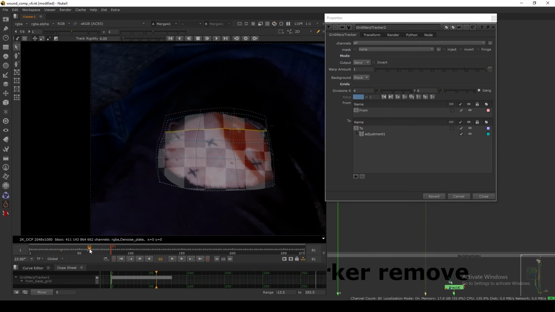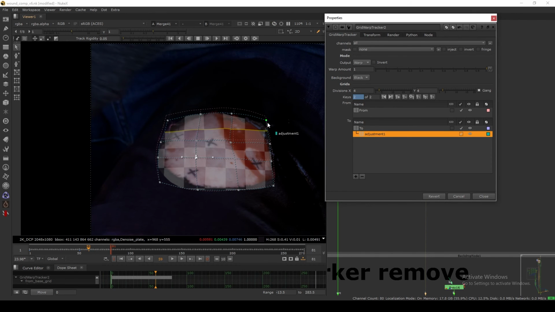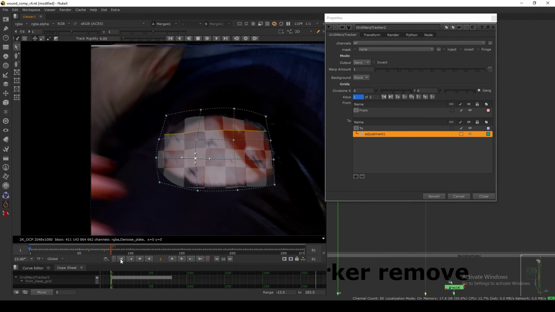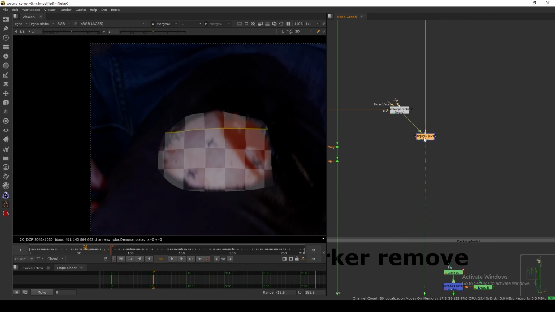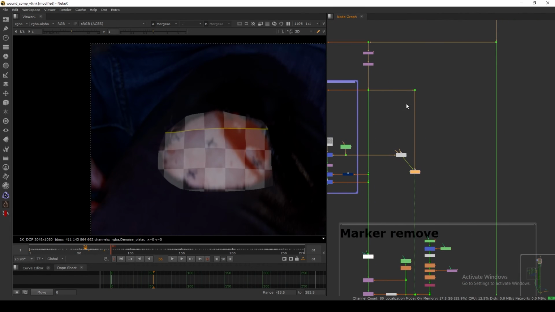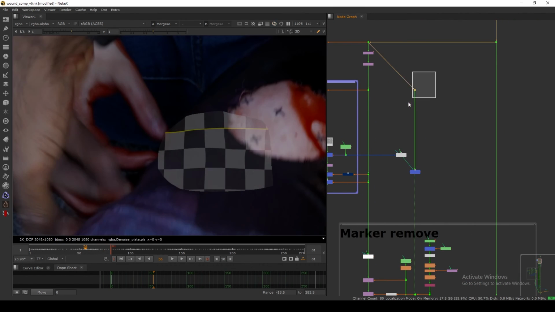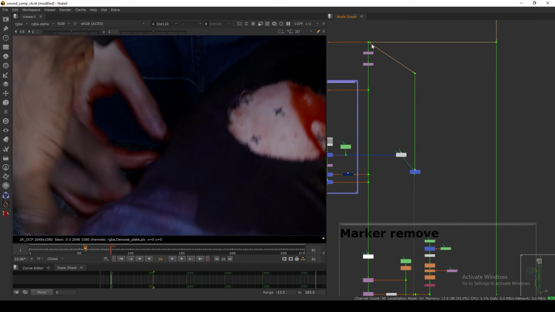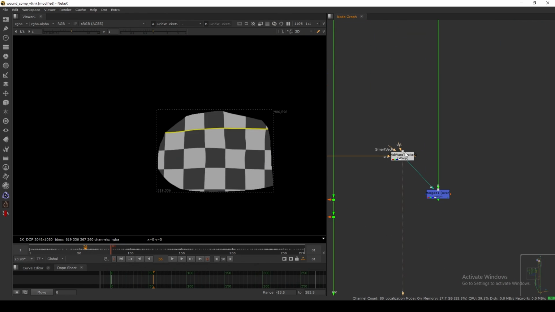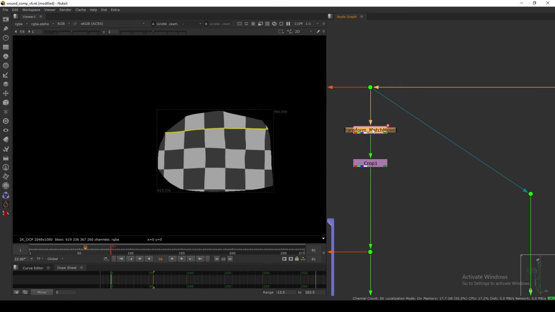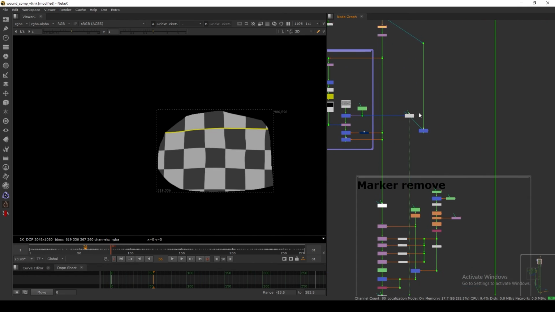Basically, if something is off, you can add an adjust grid, and you can do your correction in this stabilize mode. As I said, this is the stabilize mode. This needs to be connected here. I mean, this is the plate, and once you do your correction in the stabilize, you can just switch to this live plate, and then for this one you can just copy this match move